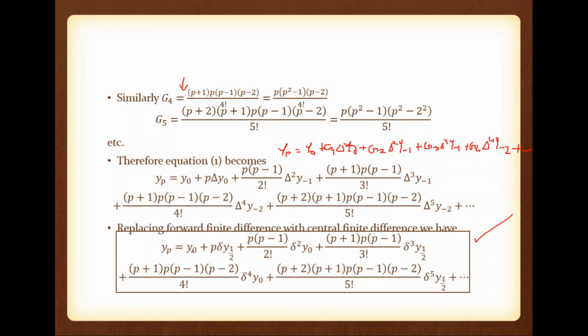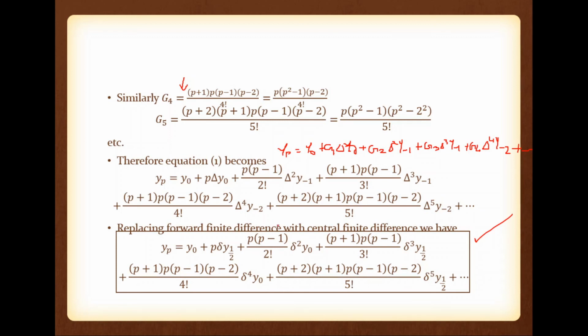Now what about theta? Here there is no theta, then theta, theta square, theta cube, theta raised to 4, theta raised to 5. Okay, then what about the denominator? First one doesn't have a denominator, second one is 1 factorial, which means there is no denominator, then 2 factorial, if it is theta square, this is 2 factorial, if it is theta cube, 3 factorial, if it is theta raised to 4, denominator is 4 factorial, if it is theta raised to 5, 5 factorial.